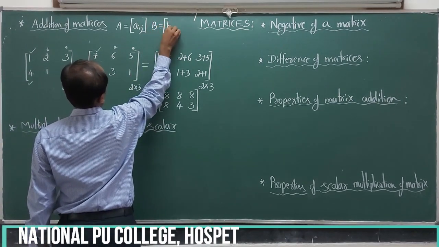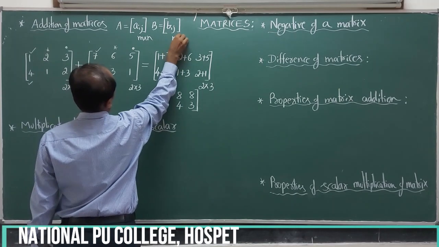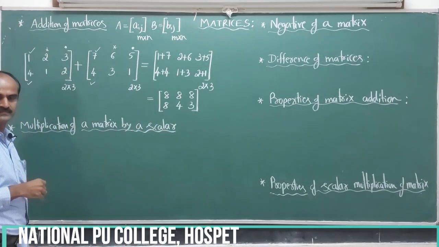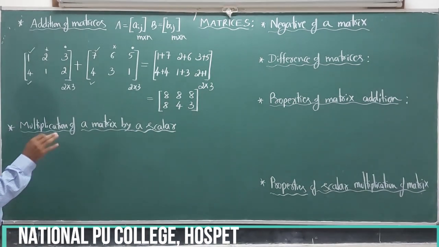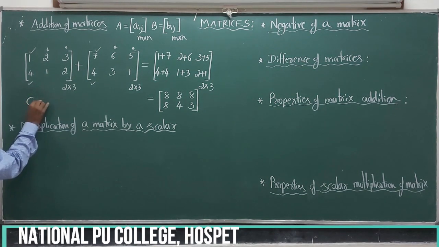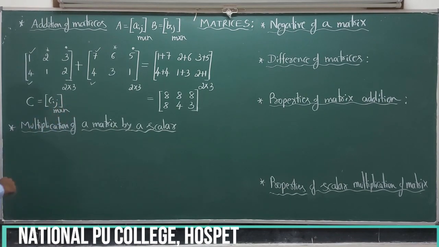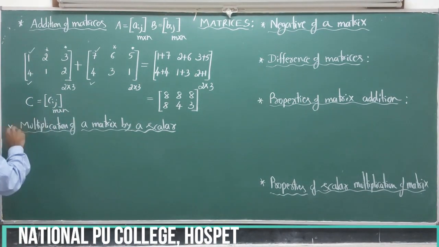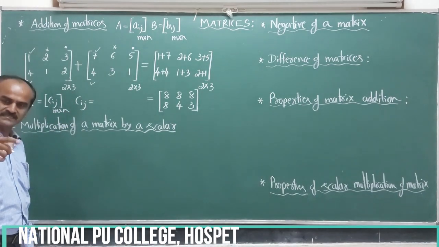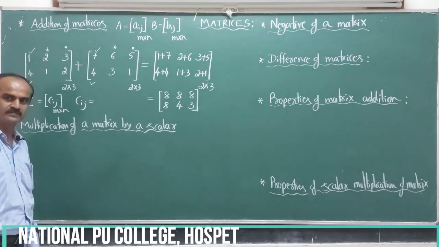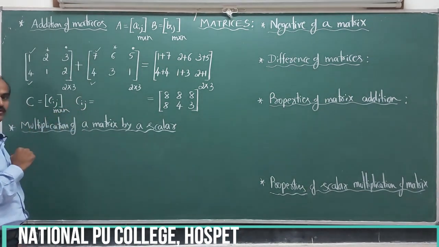B is another matrix whose entries are Bij. Both A and B are matrices of the same order, say that is m by n. Then their sum is defined to be another matrix C, whose entries are Cij. What is the order of resulting matrix? M by n only. Where what this Cij is? Cij is element of matrix C, which is nothing but sum of A and B. Cij is element of matrix C present in ith row, jth column.